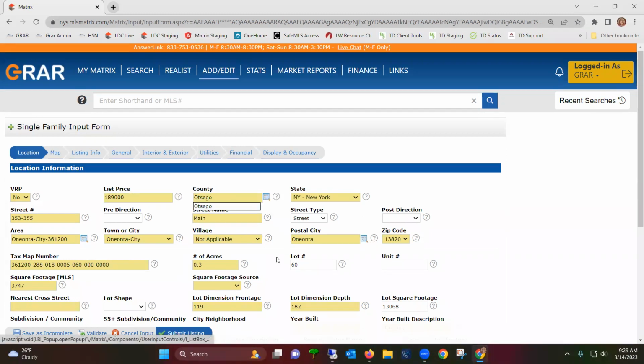You can tab through them if you like to make sure you hit them all. Like here, I need to put the street. Oh, the street type is filled in for street. If there was a pre and a post direction, you could fill them in. Or you can just hit a field with your mouse and type it in. Like, I don't know what the nearest cross street is, but I'm going to say it's Spruce Street,